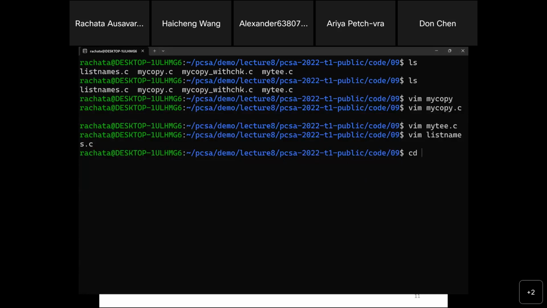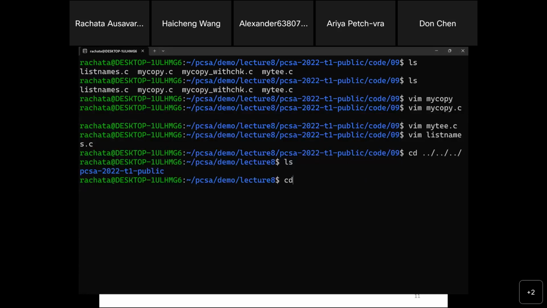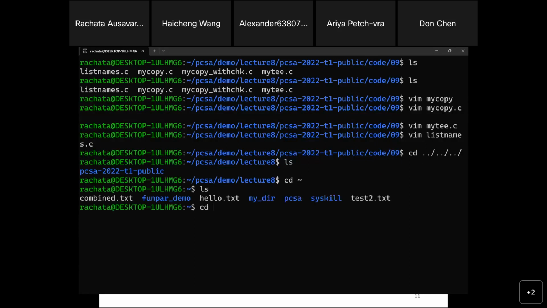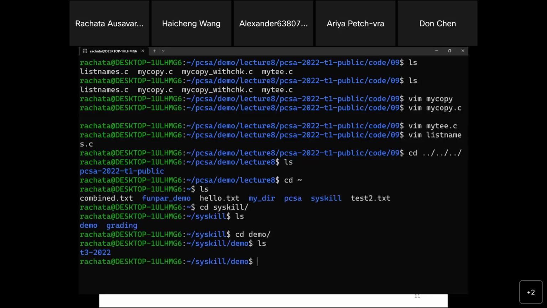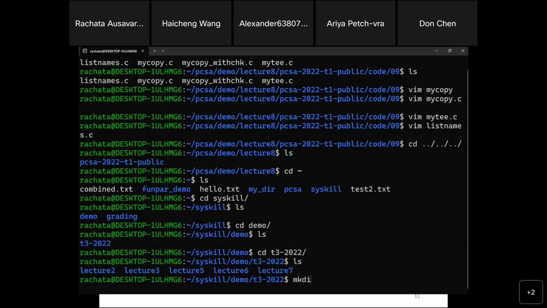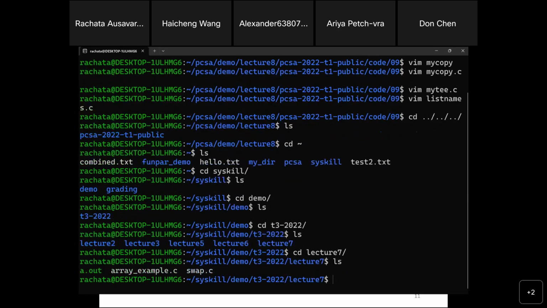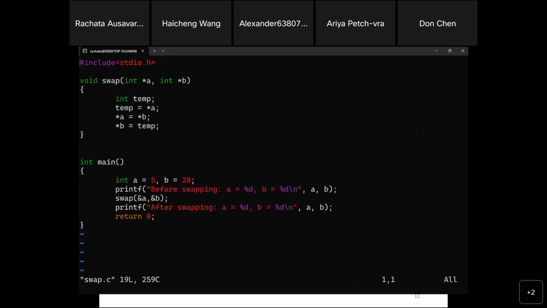So let me first go to this. Remember we have this swap example from last week, where I have two inputs and I swap them.